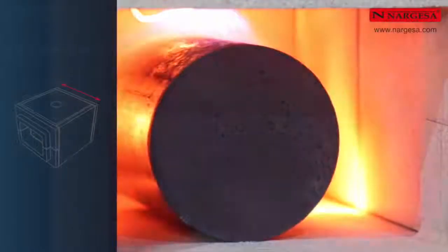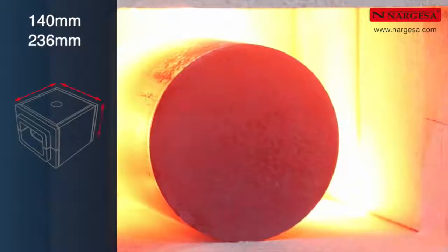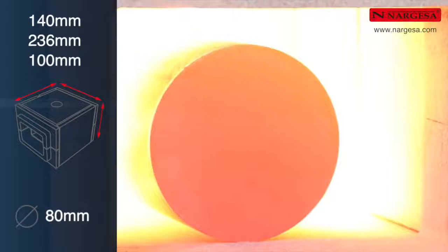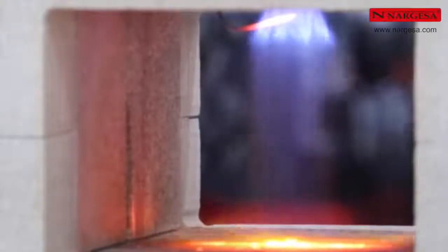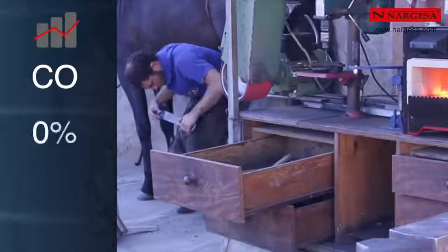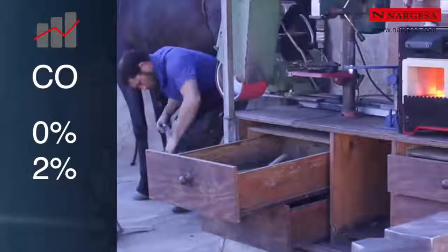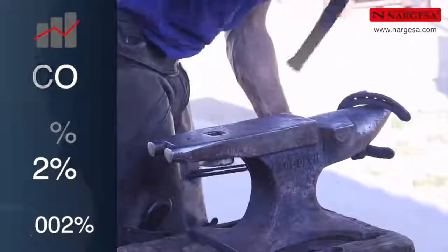The dimensions of the combustion chamber, 140 millimeters wide by 236 deep and 100 high, allow the heating of a round bar up to 80 millimeters. The carbon monoxide emissions were another important issue to bear in mind during the design process, to keep the eco-functionality of the furnace. In a normal environment, this value ranges between 0 and 2%. The emissions released by the H1 furnace are 0.002%,